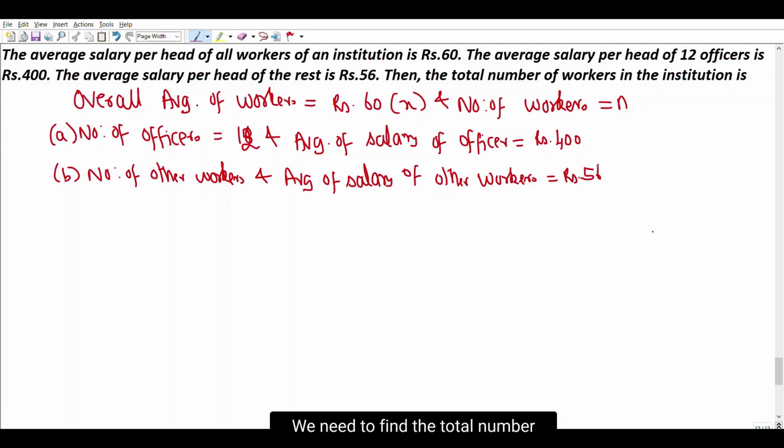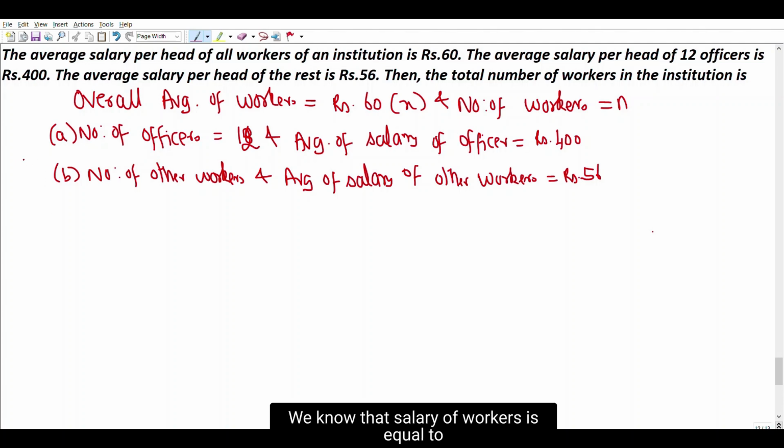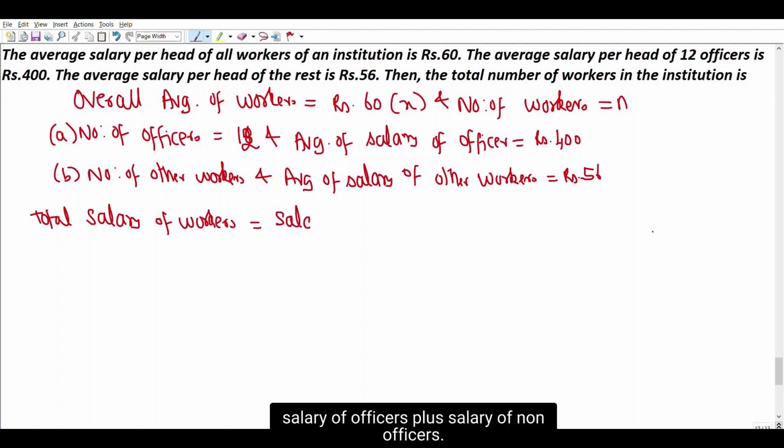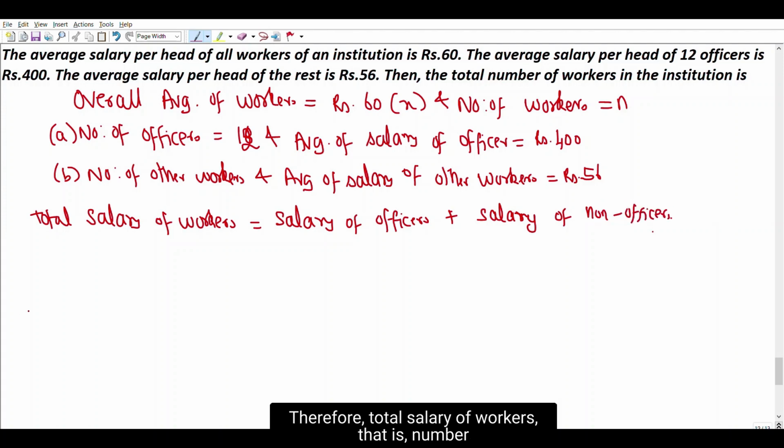We need to find the total number of workers working in the institution. We know that total salary of workers is equal to salary of officers plus salary of non-officers. Therefore, total salary of workers, that is